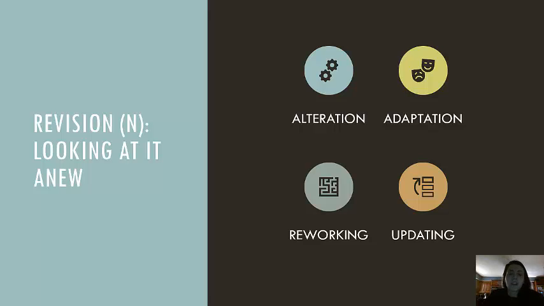Revision can look like a couple different things depending on what it is you're revising and the process that you're going through in order to revise. Oftentimes we might think about synonymous words like alteration, adaptation, reworking, or updating when we're talking about revision. And any of these words could apply to the work that you do in revision 1 and revision 2 for